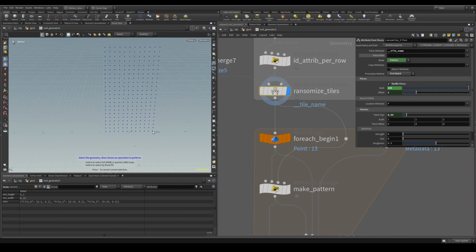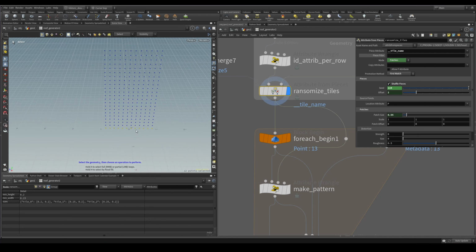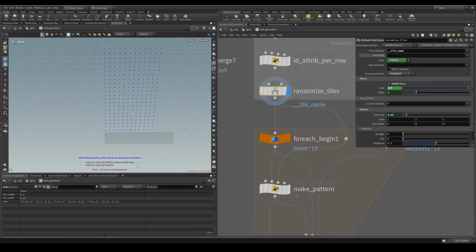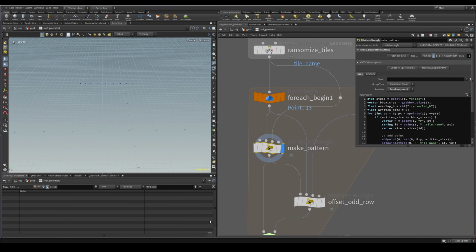That means that most likely, since we are randomizing our tiles, we are going to get some bigger tiles. So the bigger tiles are actually going to make the number of points that we need to fill each row a smaller amount. So if we have exceeded the bounding box size of the z of this geometry, that means we have filled this row. That means we do not have to generate more points for each one of these rows. So this is why I'm actually fetching the